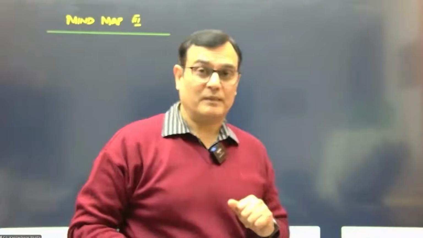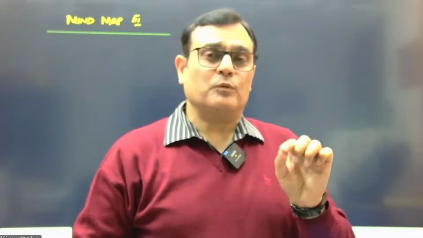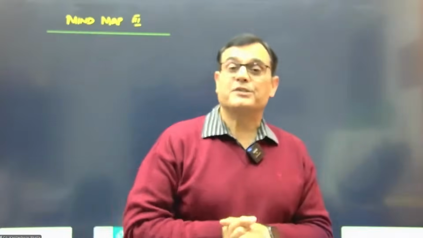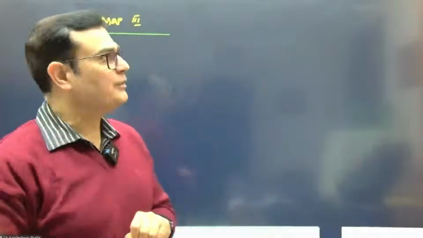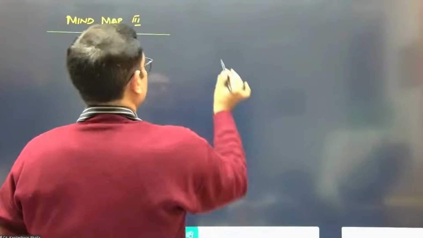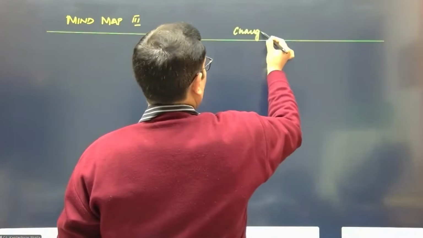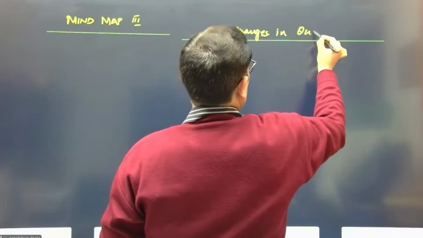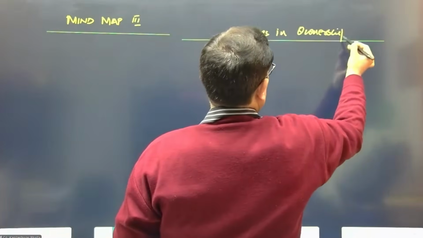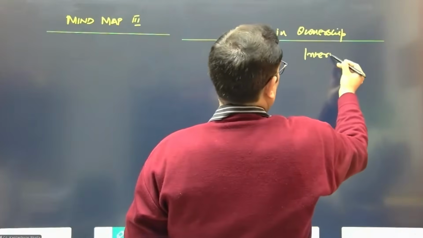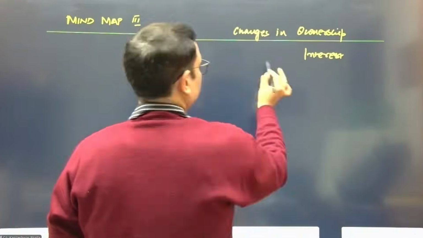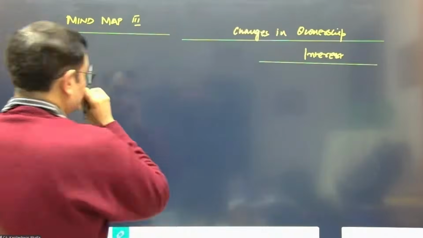So, third mind map. There's another area in terms of Ind AS 110, which leads to the concept of loss of control, or you can say the control continues. So let's make a wonderful chart and combine the inputs. We are looking at changes in ownership interest.